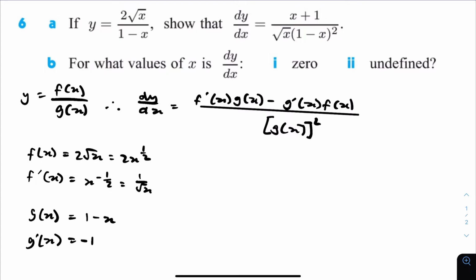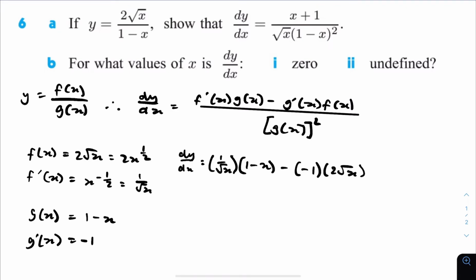Substituting these values all in, we get dy over dx, 1 over root x times 1 minus x minus negative 1 times 2 root x over 1 minus x squared,